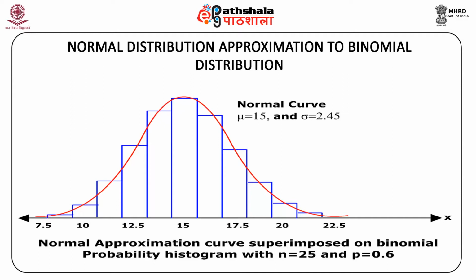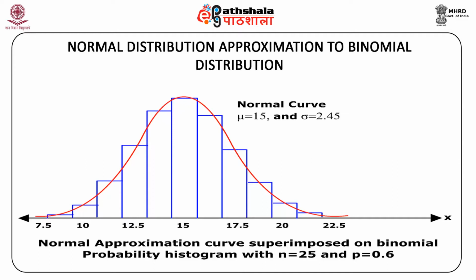Here we know that the expected value of x is equal to mean mu and the variance of x is equal to sigma squared of the binomial random variable are np and np(1 minus p), which is equal to npq respectively. Using the same parameters, we superimpose the normal curve on the binomial probability histogram and find how